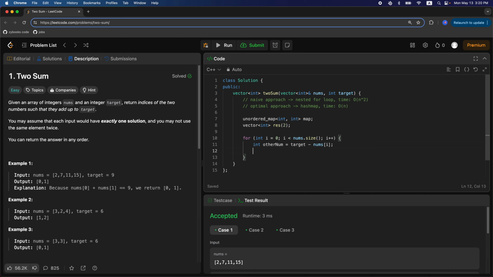And now we want to check if this exists in the hash map. So we just use an if statement here, and to check if something exists in a hash map in C++, you can just do map.contains, it's just a method on the map data structure. We're going to be using the key here. So if it contains otherNum,